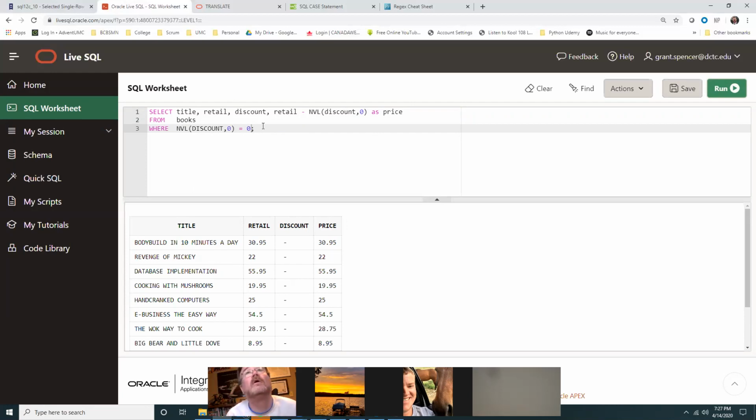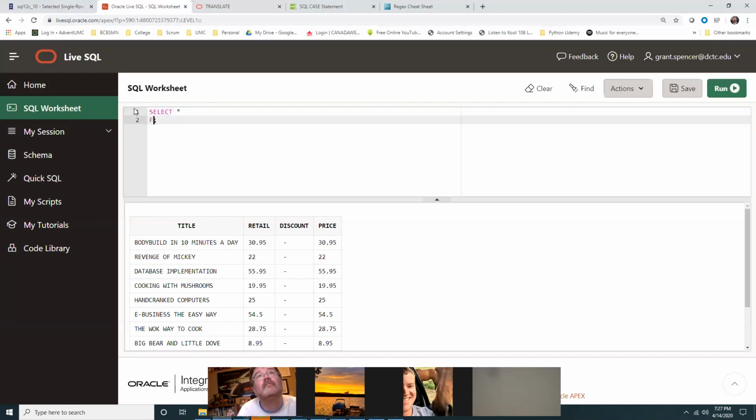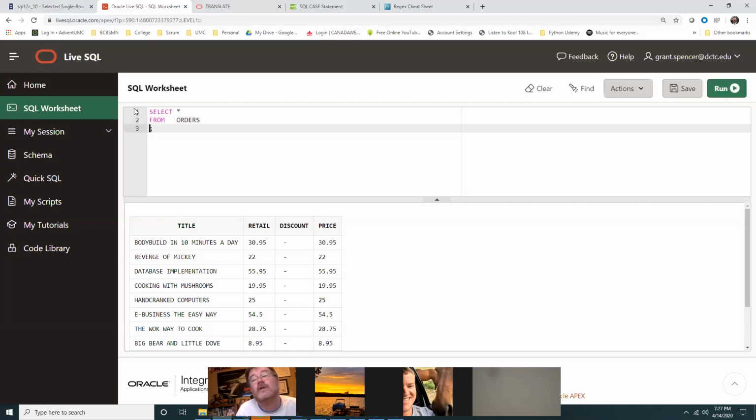So we're going to orders for the next example because they're going to show us the SQL of NVL, which is NVL2. So let's go select asterisk from orders. So we had NVL. Now we're going to look at the next guy, which is NVL2. So they, for some reason, are focusing us on order date greater than or equal to, and notice that